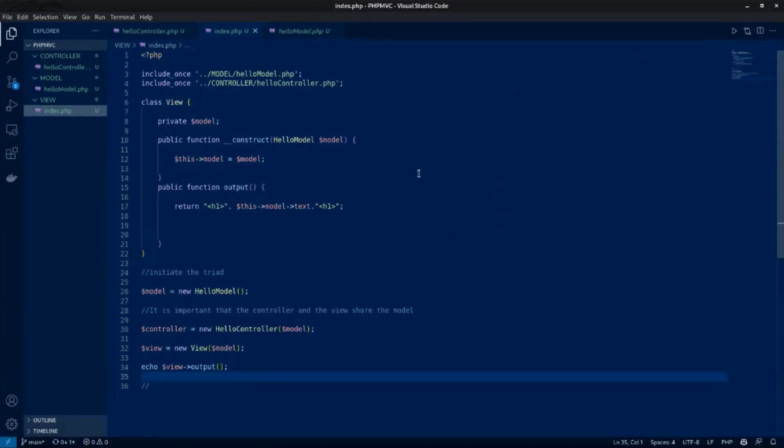Switching back to my editor, this is how MVC is. You have your model, which has to do with the database connectivity and the methods that can be played on the database. You have your controller, which links your model and your view together. And then you have your view, which is a presentation layer of your application. This is basically the MVC model,